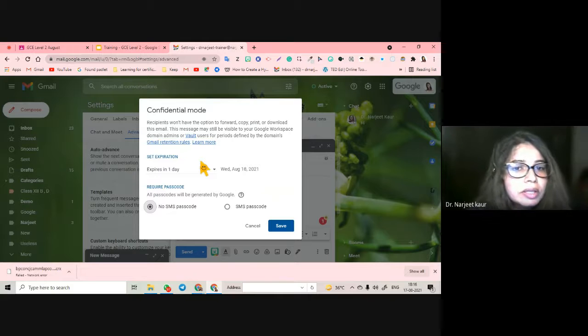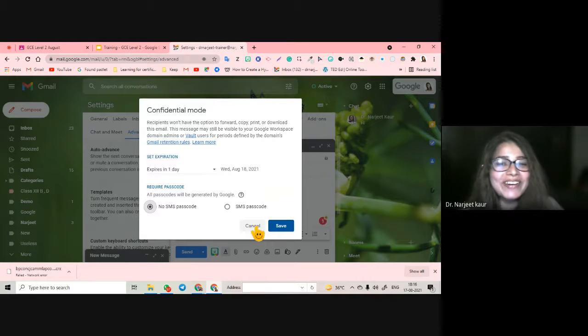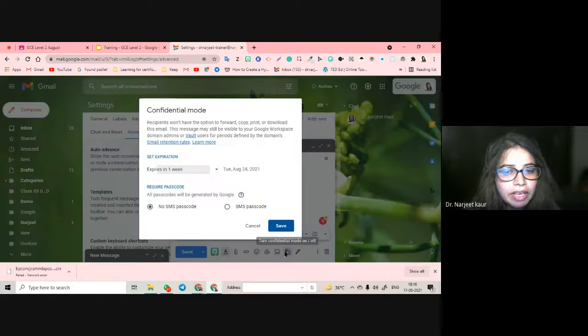No, the person to whom you have forwarded it will not be able to forward, copy, print or download this mail ever again. Try this and see this. It's a very good option. It's a very, very good option to use. It's a very smart option to use. So if you are writing a mail, let me not give you an example. You can try it on your own. But if you want to turn confidentiality mode on, you can keep it on for your mails. And you can also choose when you want this mail to expire, in a day, tomorrow, in a week. It will give you all the dates.